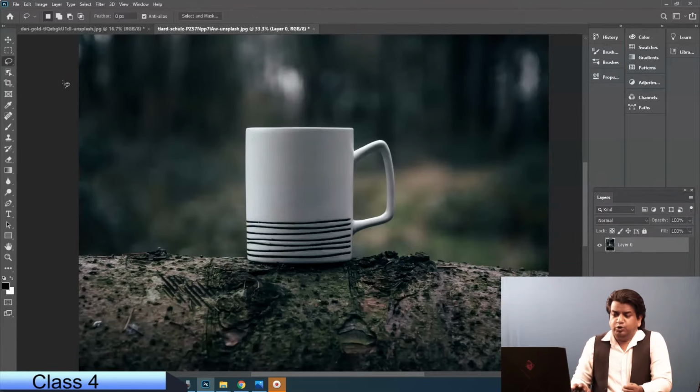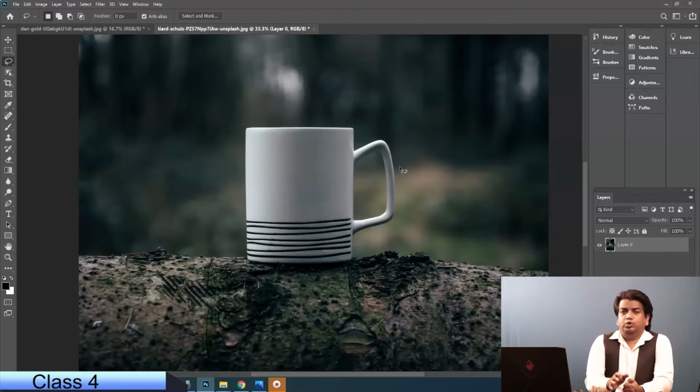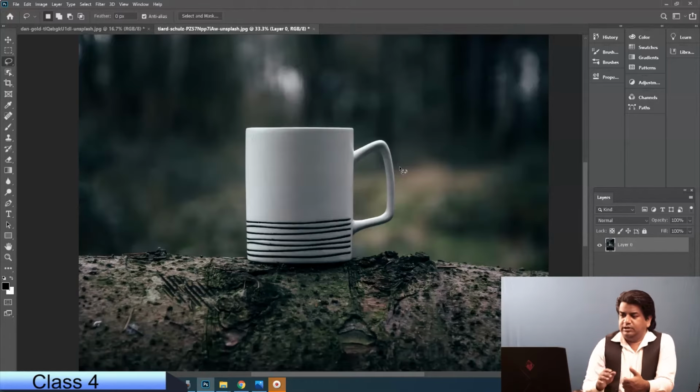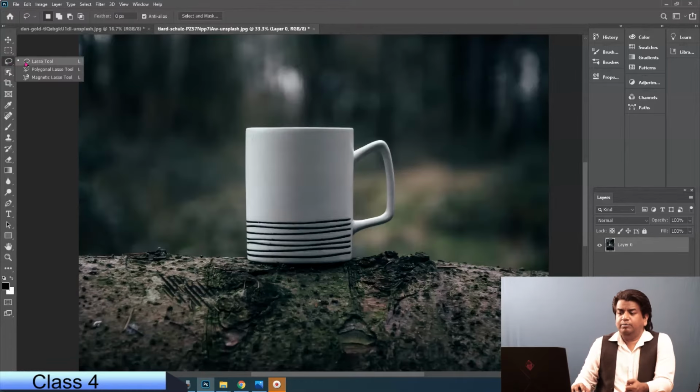Now this lasso tool, the first simple lasso tool, is the tool which allows you to do selection free-handedly. Okay, it's not necessary always you need to do the selection in rectangular format or in elliptical format. Polygonal lasso tool helps you to do selection in the freehand manner. See how it works. So take the polygonal lasso tool, and here what I'll do is I'll just engulf this mug,